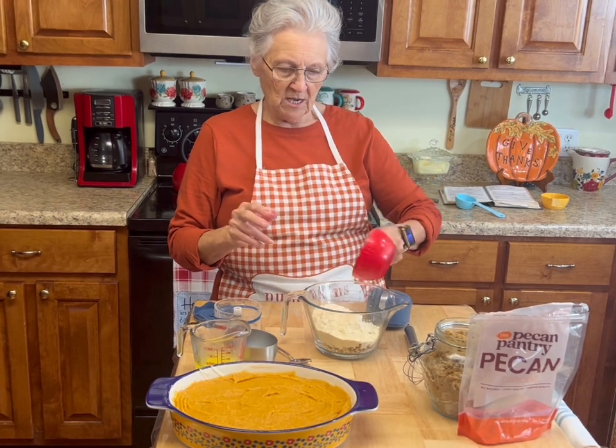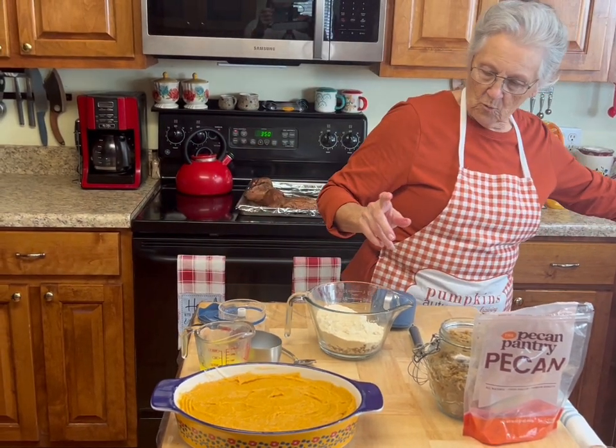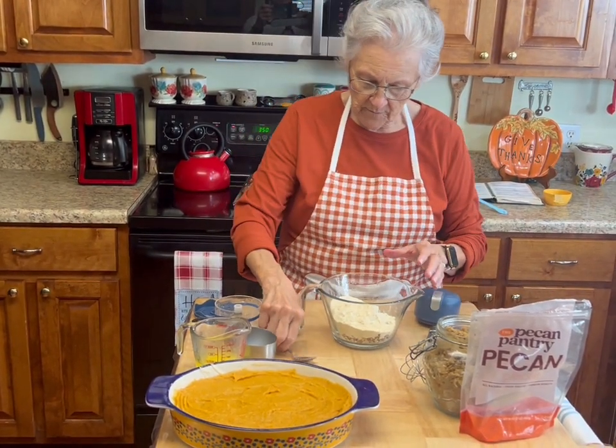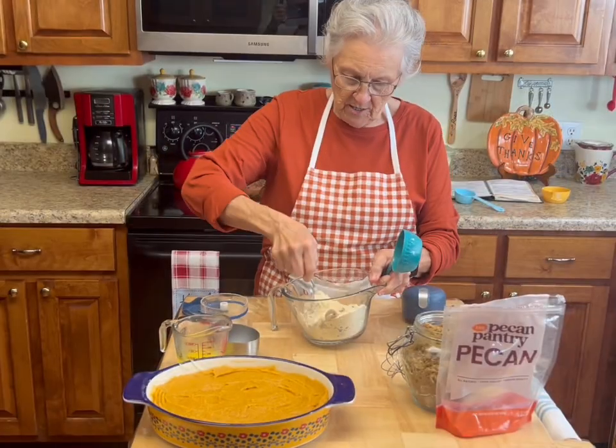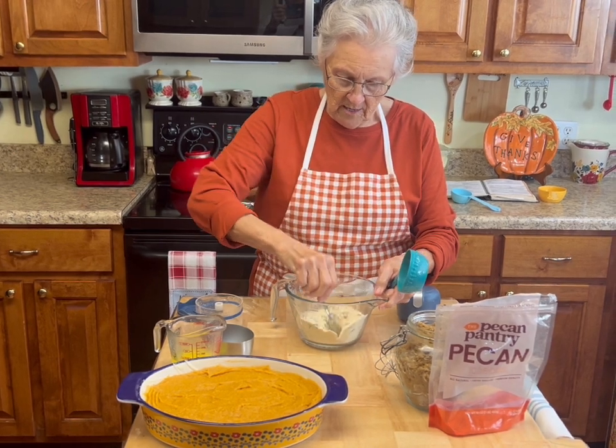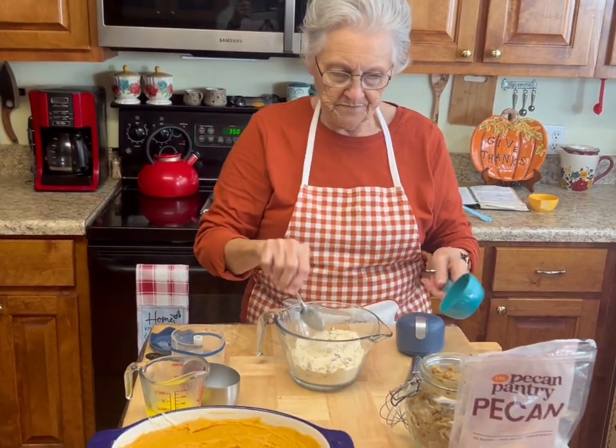All right, in goes my coconut flour, my almond flour, and my baking powder. I'll stir that up. Now, for a cup of brown sugar, well, I am going to put